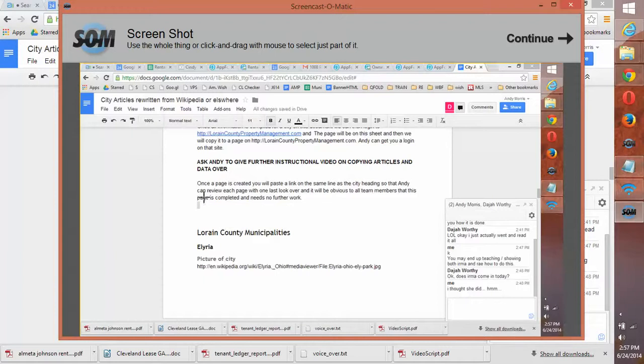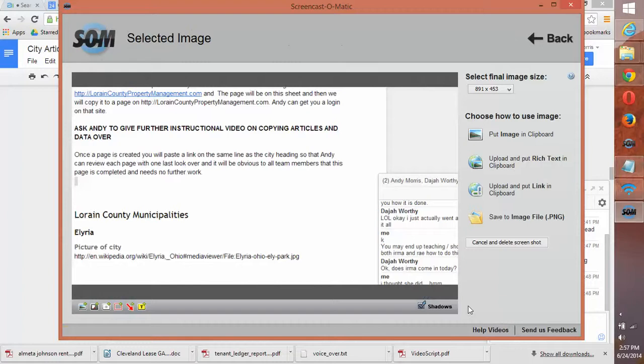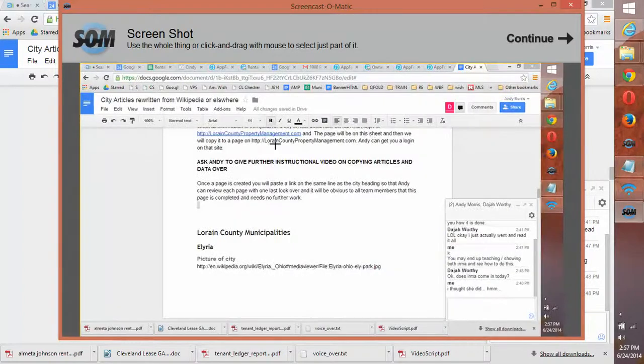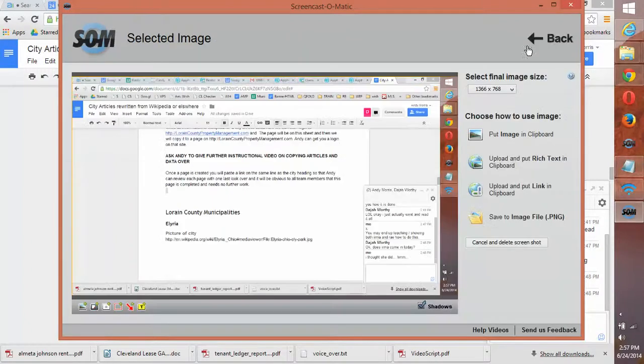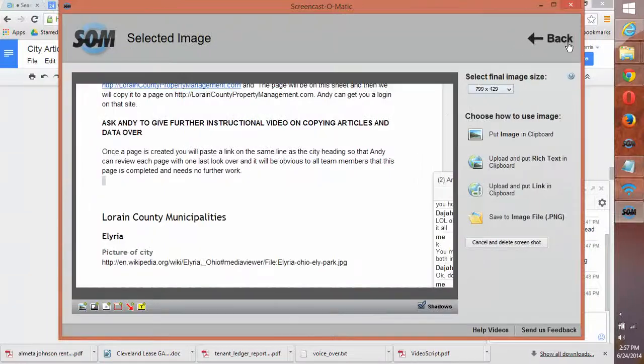From there, it's automatically got little crosshairs for you to crop whatever you're looking at. So you crop it, and now you're looking at just that section. If you don't want to crop it, you might want the whole screen, and you want to edit the whole screen. You can click Continue, and you can go back to the screen to crop again. It'll bring you back up to this editing screen. So either way,